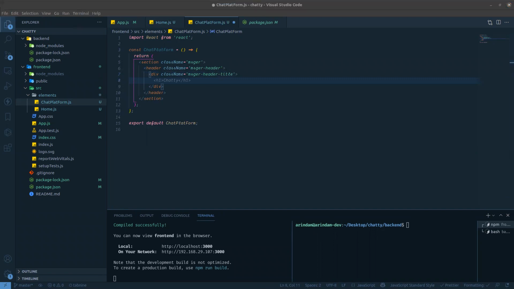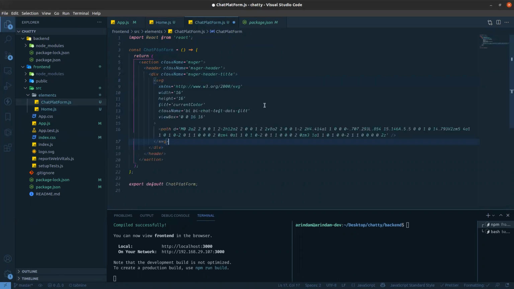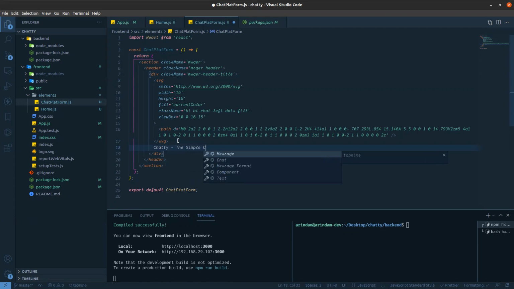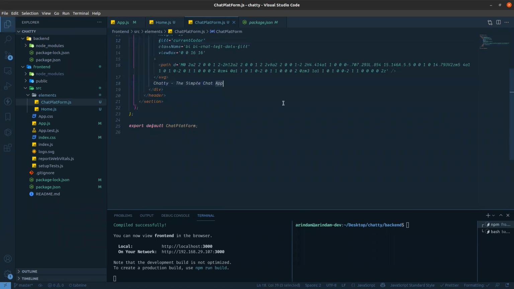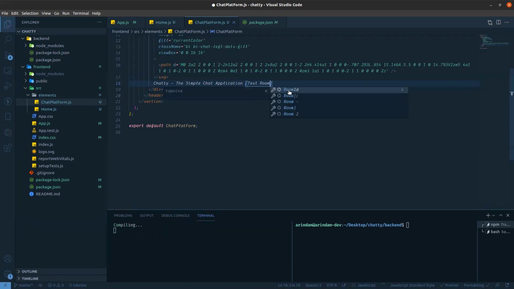That icon you will get from the repo, so I copy and paste it over there. This is the SVG icon. And then I'm writing the application name, like chatty, the simple chat. But you can say chat application. And here we need to show the room ID. I'm giving test room.